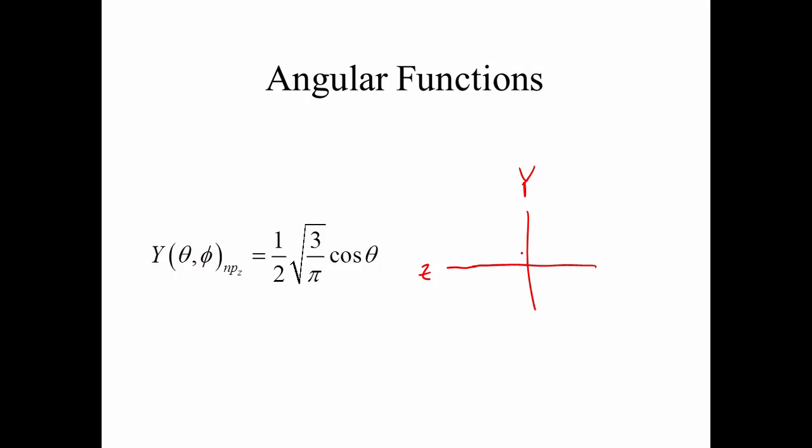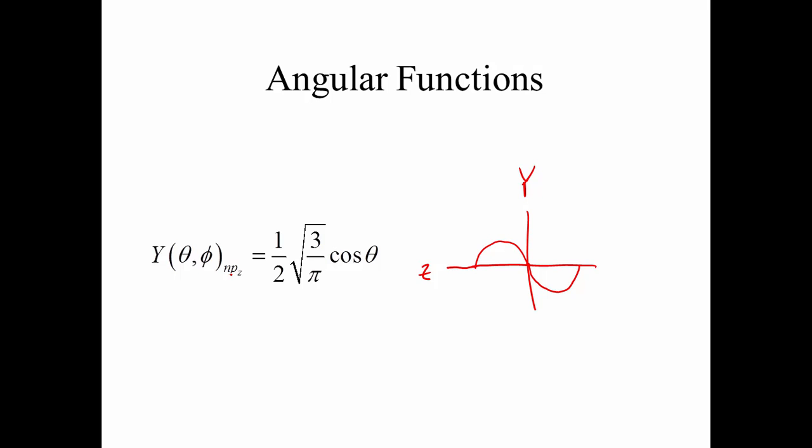As we change the angle, we're going to go through 0 at 0, and then we're going to change sign as the angle goes negative. So this is what the angular part of the function looks like